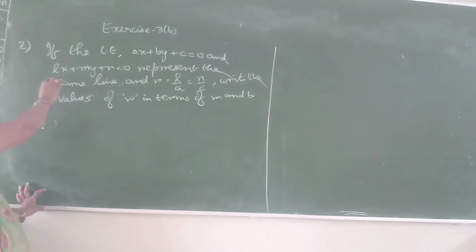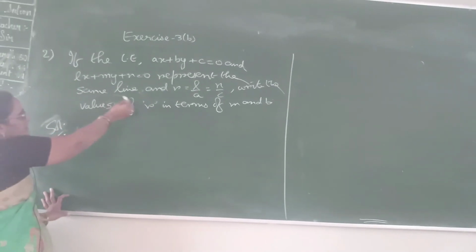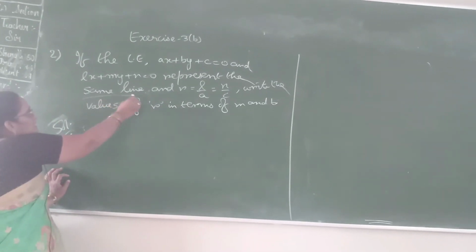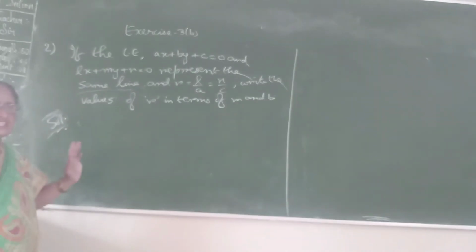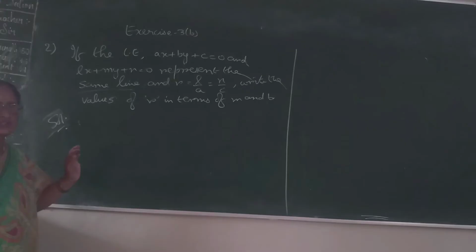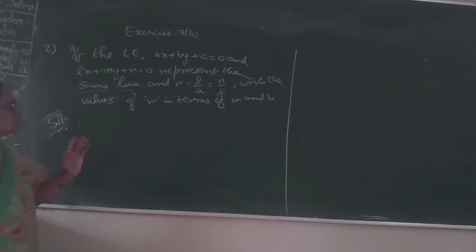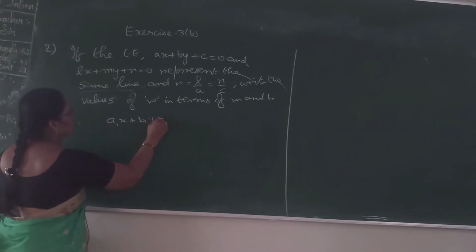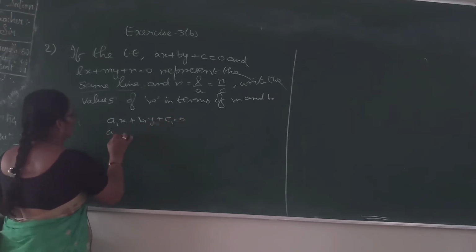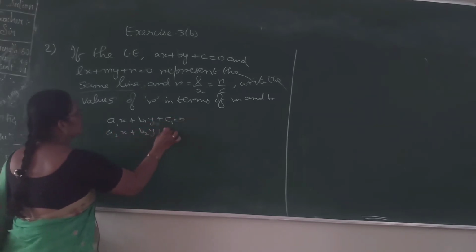Okay. See now, if the linear equations ax plus by plus c equal to 0 and lx plus my plus n equal to 0 represent the same line, here try to understand this same line, then the ratio is given as r is equal to l by a equal to n by c. Write the value of r in terms of m and b. Now only we have written the formula. When they represent two straight lines, that is a1 is to b1 is to c1 is equal to a2 is to b2 is to c2. Do you remember? Now only we have written for a1x plus b1y plus c1 equal to 0, a2x plus b2y plus c2 equal to 0